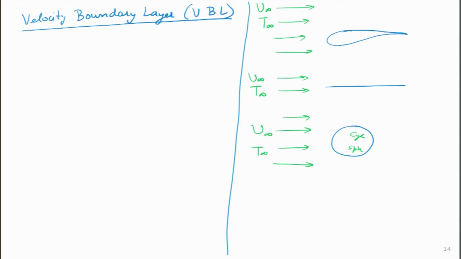Conceptually, consider a small region which is very close to the solid boundary. If you are considering flow on both sides, this is the boundary layer that I am drawing for this case. Over here the boundary layer appears like this. You can see that its thickness appears to increase with distance. By thickness I mean this particular height. This region over here is known as the boundary layer. The name is self-explanatory for all these three cases.